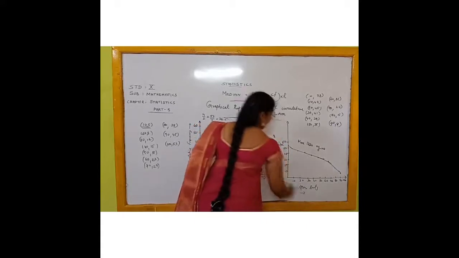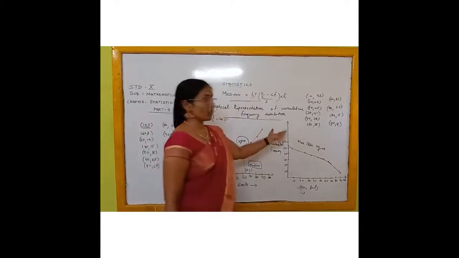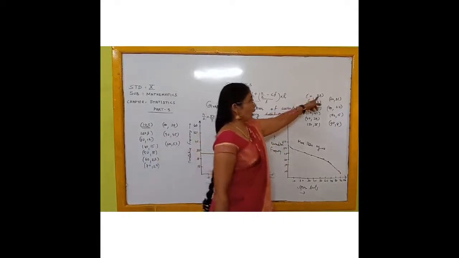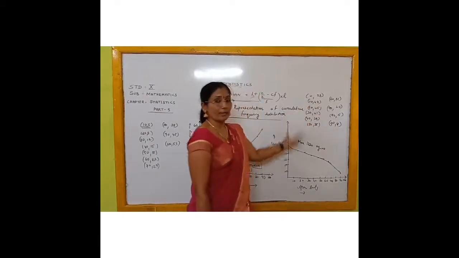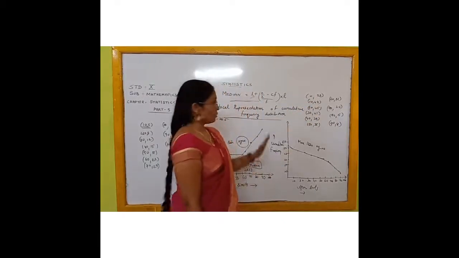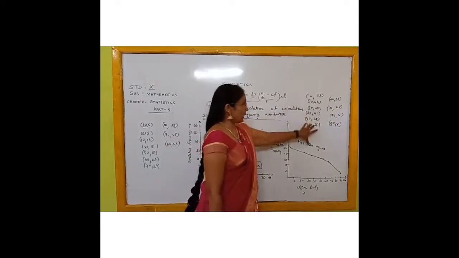Points, which table do you have to take here? Here you have to take the more than table. That means more than 0. How many were there? 53, more than 10, 48. This column was already there in the textbook. That is why I have written that column here, and I have written only the points here.